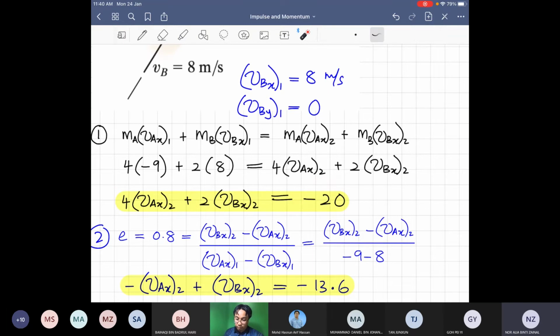This is C1 minus 20. A2 is here minus 1. Okay, A2 is minus 1. B2 is here 1, and then C2 is here negative 13.6. Okay, negative 13.6. So kita akan dapat